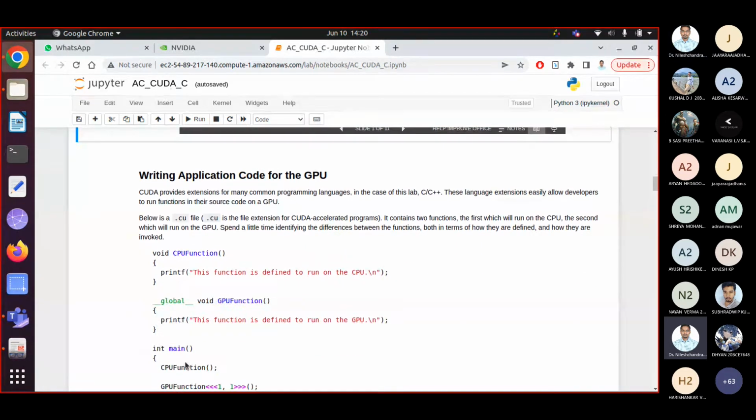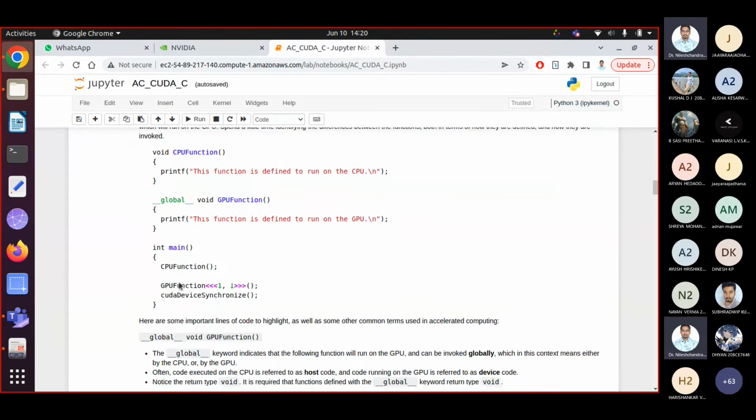Now, let's try to write a function that will be executed on the GPU. If you recall, I told you that you don't have to learn a completely new programming language syntax. We'll be using the C programming language, and in C itself we are going to modify a function so that it will be executed on the GPU side, right?